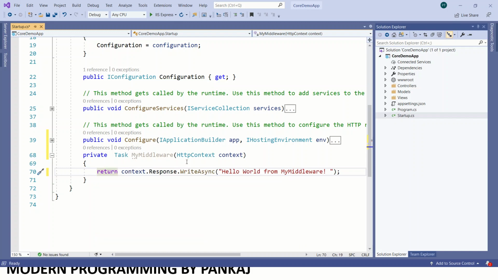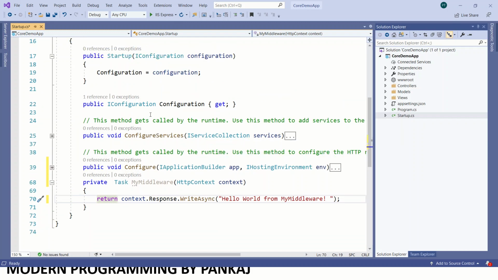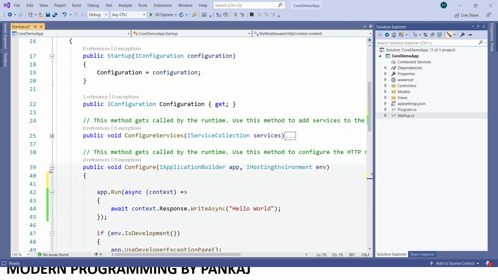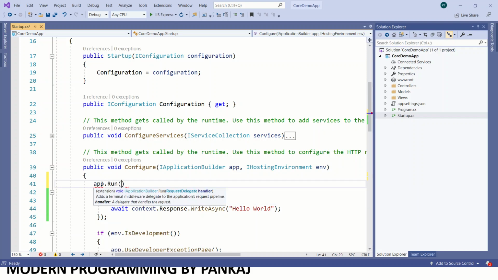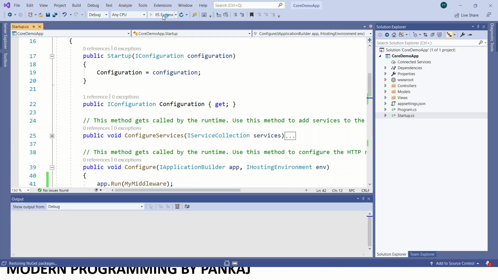Now if I want to call this middleware using the run method, we can call it like this: app.Run(MyMiddleware). So let's see what the output of this is.